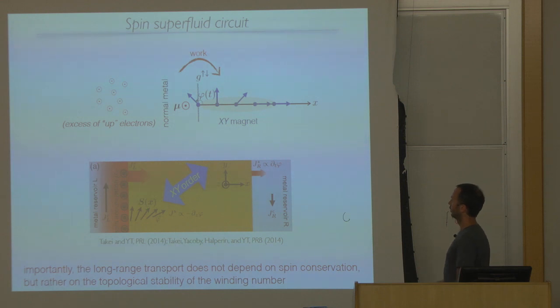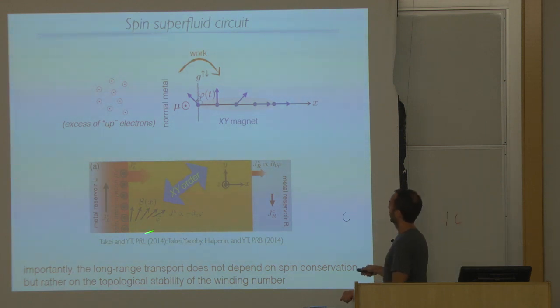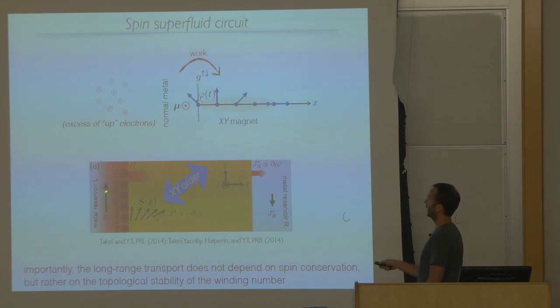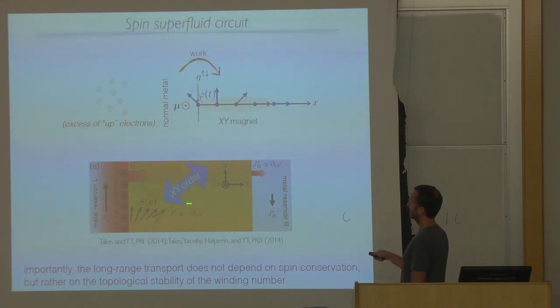In fact, if you put all the signs together correctly, you would expect this process to mediate a kind of negative drag between these metal wires. So electrical current injected here